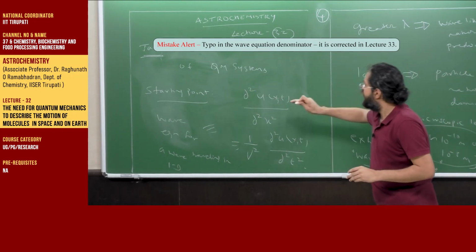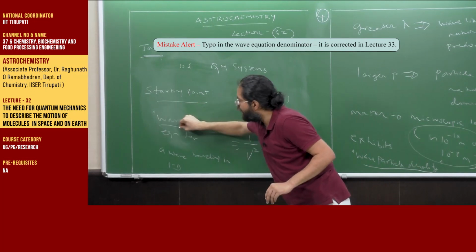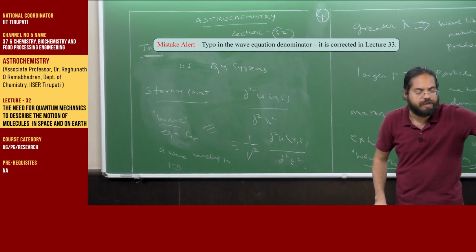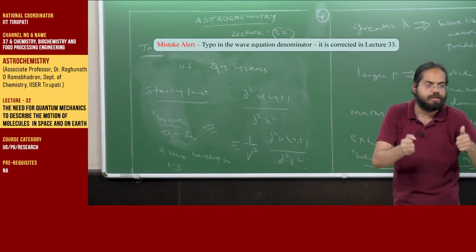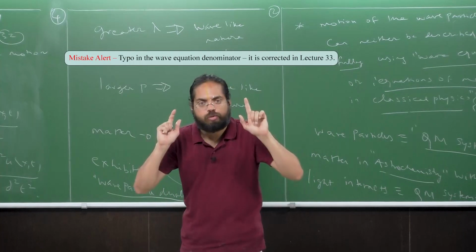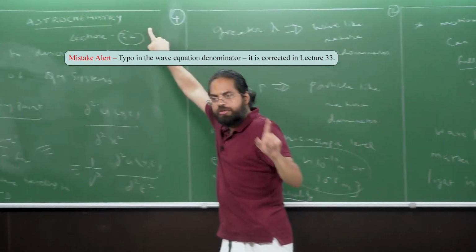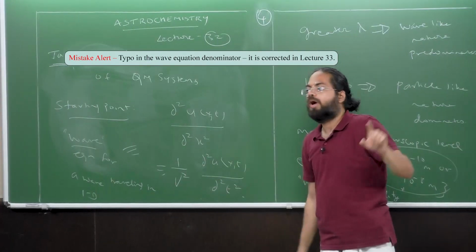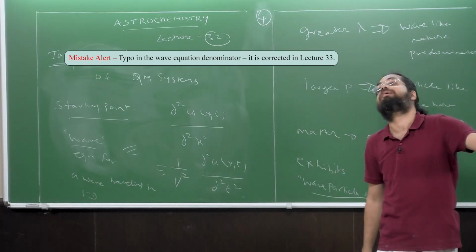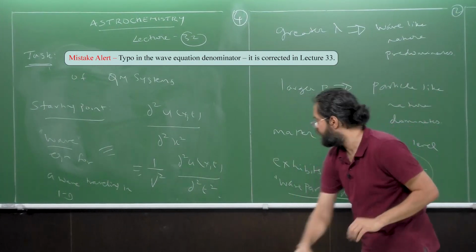We're going to start off with the wave equation, and we shall see how we incorporate particle-type nature into this wave to make it a wave particle, right? How we know this wave particle equation is going to be used in astrochemistry. All right. So please don't lose sight of the bigger picture as we get involved in these details. This is an astrochemistry course, okay? And we're doing all this to see how molecules are detected in space, and also to understand the behavior of molecules in space as we can perceive from here.